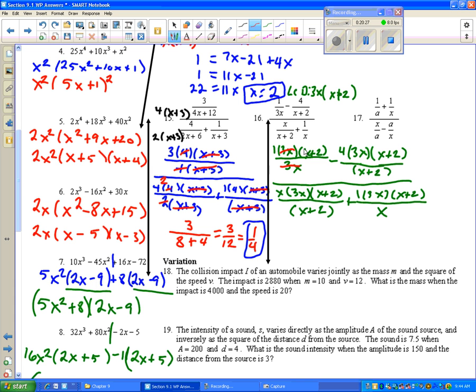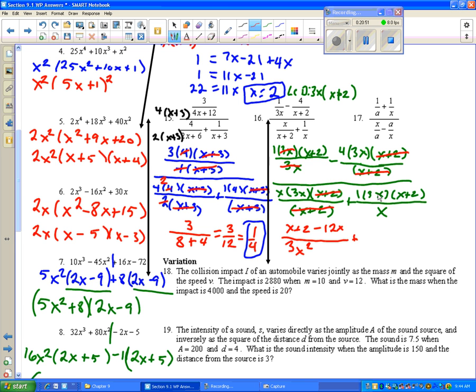3x cancel, leaving 1 times x plus 2. So that's x plus 2. X plus 2 cancels with x plus 2. So it's minus 4 times 3x, so minus 12x over x plus 2 cancels with x plus 2, leaving x times 3x. So that's 3x squared